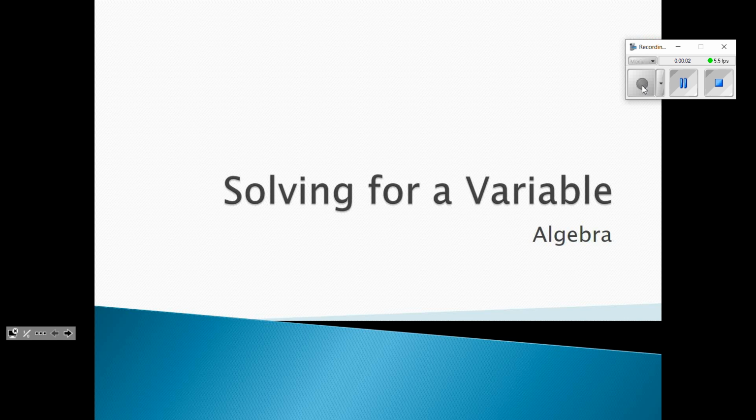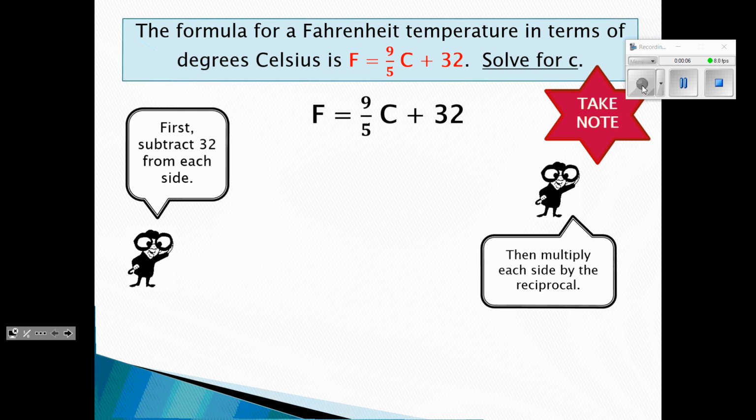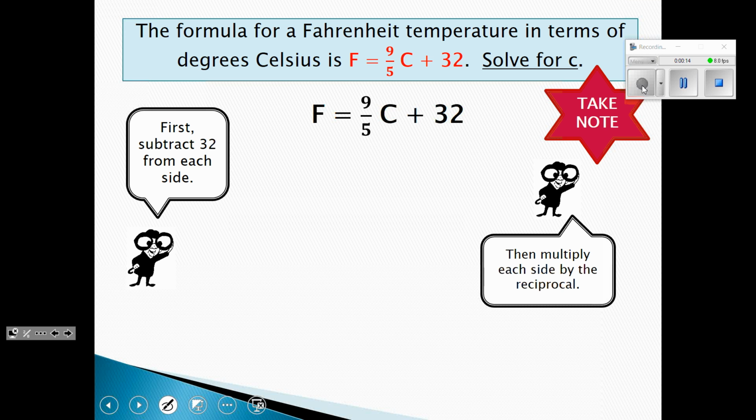Today we're going to be looking at how to solve for a variable. In this first equation, we have the formula for a Fahrenheit temperature in terms of degrees Celsius: Fahrenheit equals 9/5 times Celsius plus 32. If we want to solve for C, if we want to get C by itself on one side of the